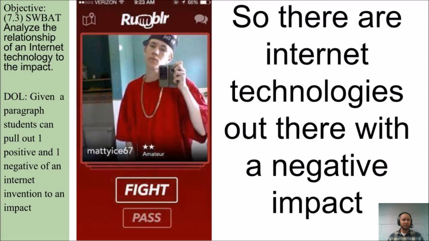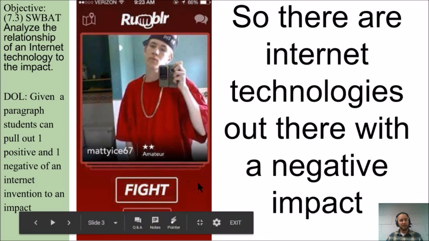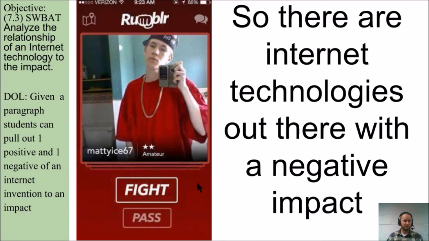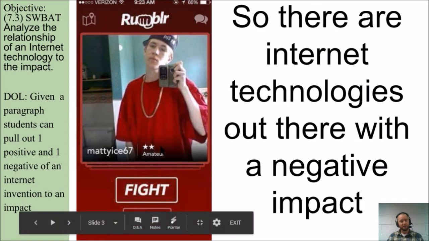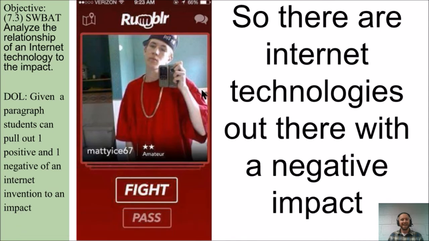Just looking at this picture, the app is called Rumbler. You see a picture of a young man, and you have two options. You could fight or pass, and essentially what happens after you click fight, you can message this person directly. They are rated on a star system. When you message them directly, you can set up the parameters for a fight. The when, the where, even the why. The reasons why are usually ridiculous, usually personal attacks just simply based on the picture, but perfect example of a